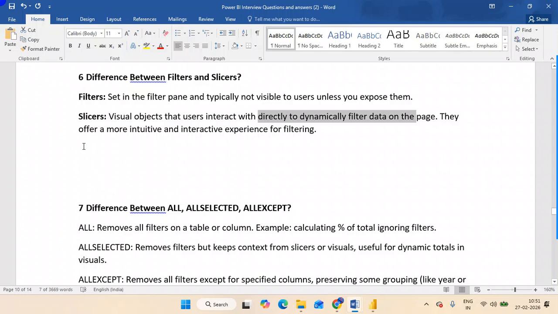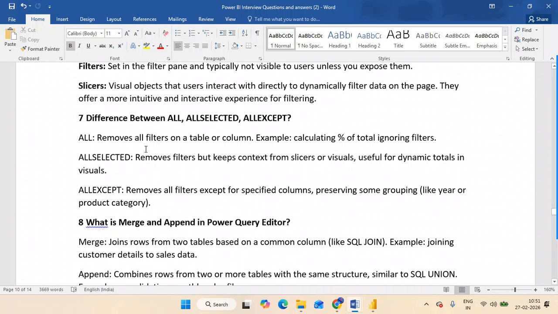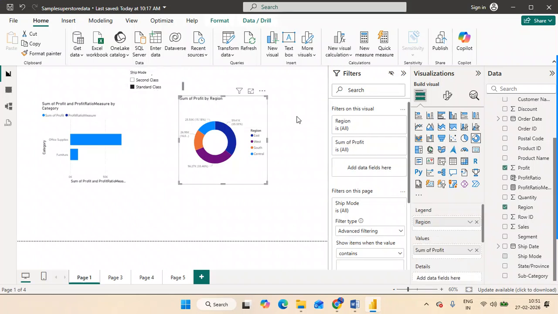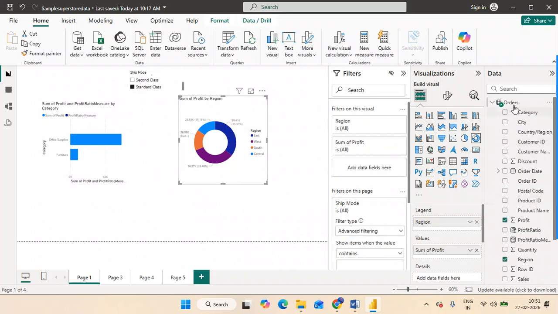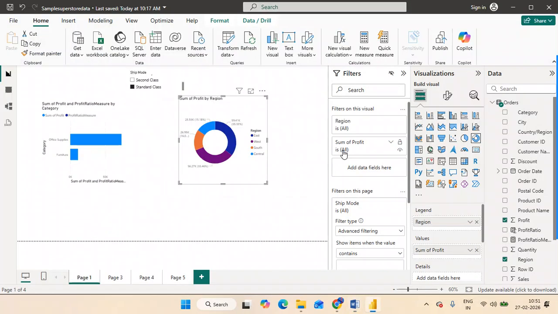If you see the seventh question, it is the difference between ALL and ALLSELECTED and ALLEXCEPT. So what is the meaning of ALL? Let's say, for example, you have this page and you write one calculation using ALL. Whatever field you have mentioned, even if you mention something like a category in the DAX ALL calculation, it will not consider it.